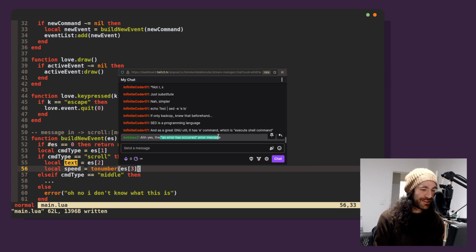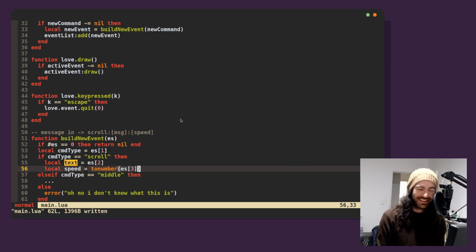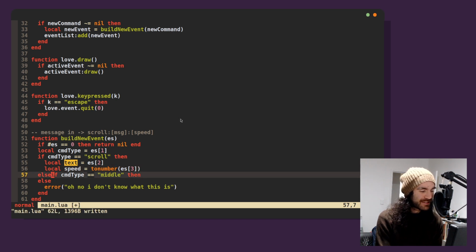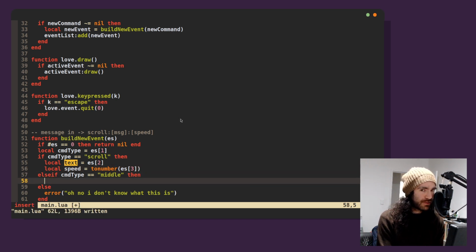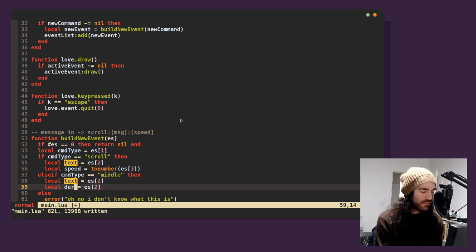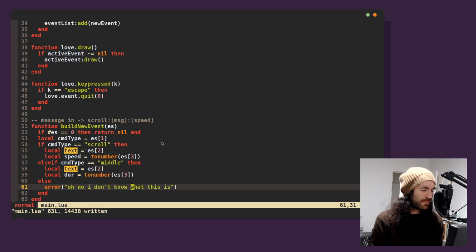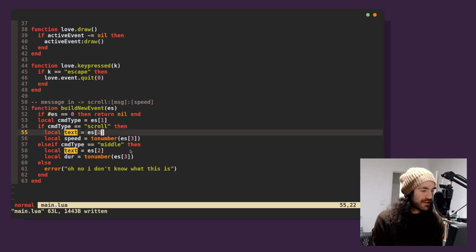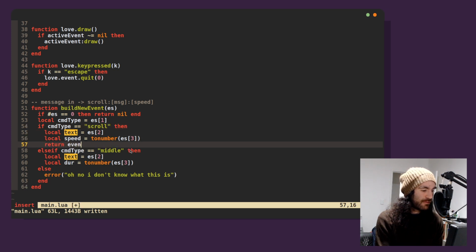An error has occurred as the error message. Yeah, it's a bad error message, but we'll survive. Here, if it's in the middle, we just need a text and a duration, sorry. So it'll be the same text, ES2, and duration is going to be 2 number ES3. Beautiful. Okay. And then we just need to return